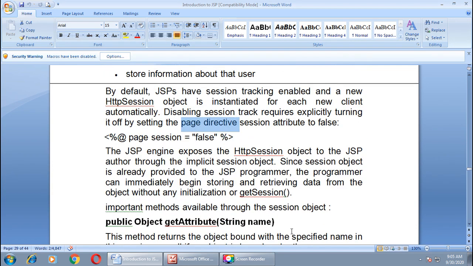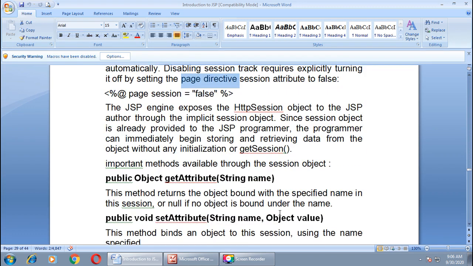The JSP engine exposes the HTTP session object to the JSP author through the implicit session object, right? And we can get all the data from the object without any initialization or getSession method. Here you can see some of the methods available for our session tracking. With the help of the session object you can access all these methods.